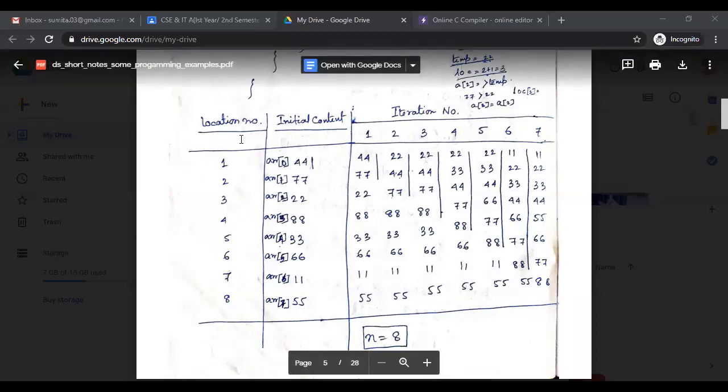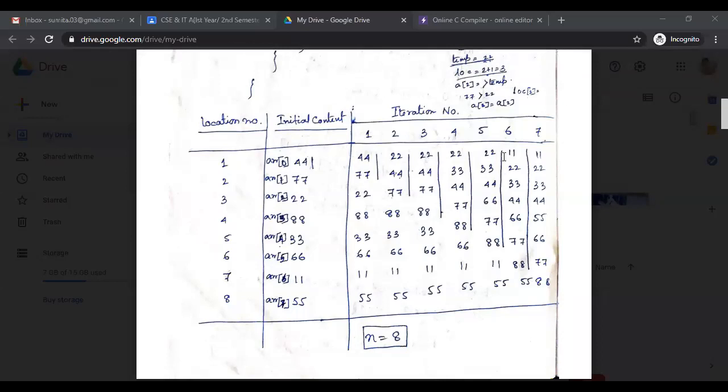Suppose 77 is entered into the array ARR. I am inserting 77 into the ARR.